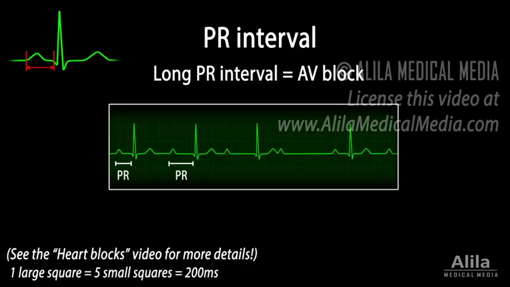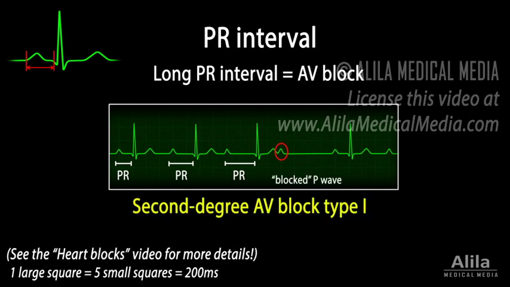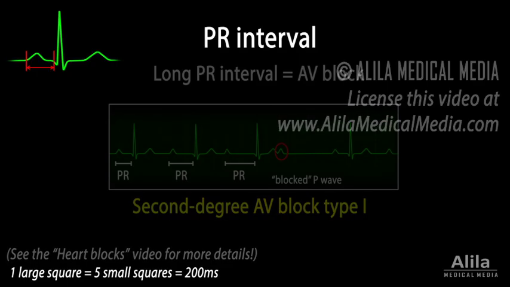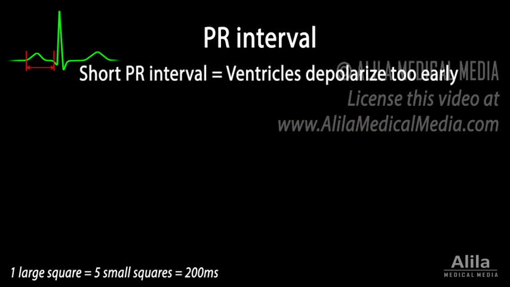A progressive prolongation of PR interval, followed by a P wave without a QRS complex, is the hallmark of second-degree AV block type 1. A shorter than normal PR interval of less than 3 small squares signifies that the ventricles